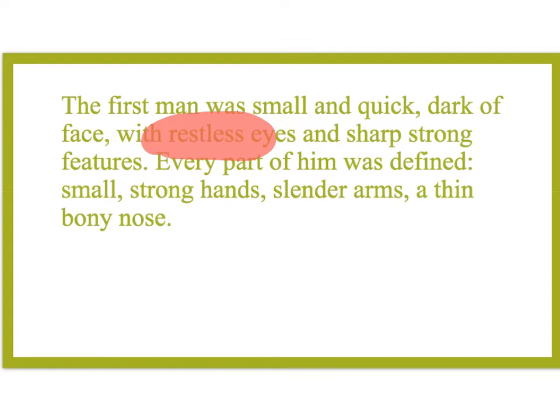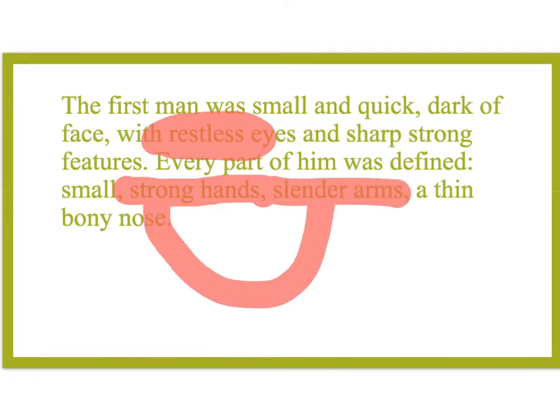We also have the idea that he's small, he has strong hands, slender arms and a thin bony nose. Now, if you have watched the video on Slim, you will know that hands are important in the novel, that the use of references to hands can tell us a lot about a particular character in a particular situation. So he has strong hands but slender arms. Now those two things are oppositional, aren't they? Maybe strength, something quite masculine and muscular, but then slender perhaps suggests thinner, perhaps suggests a particular